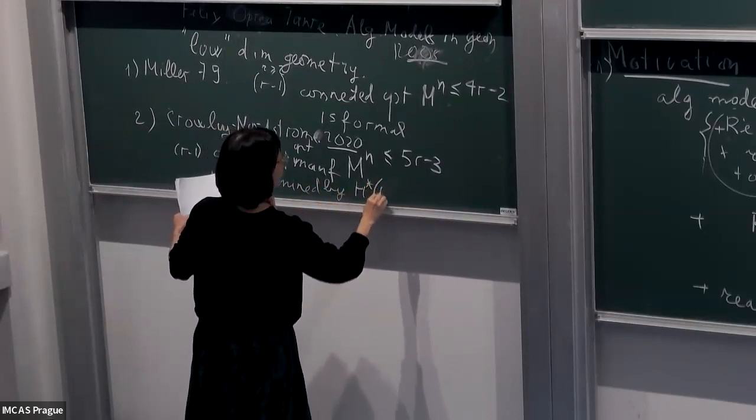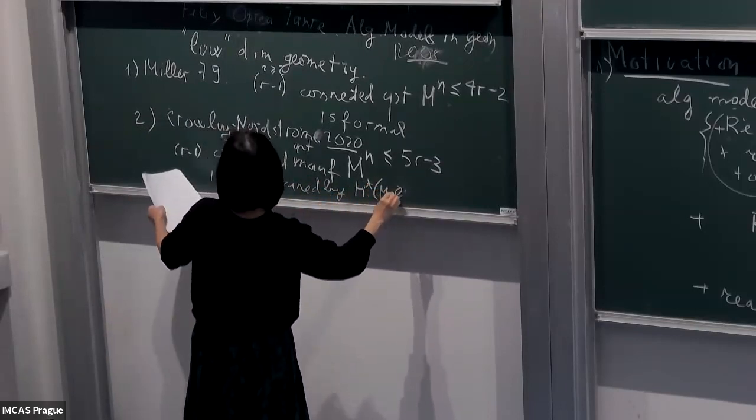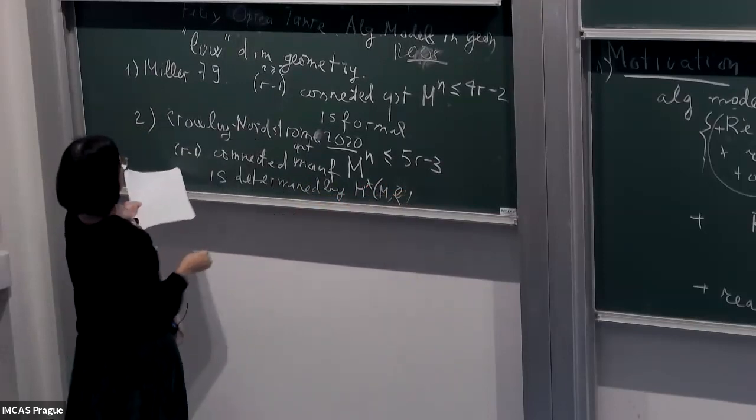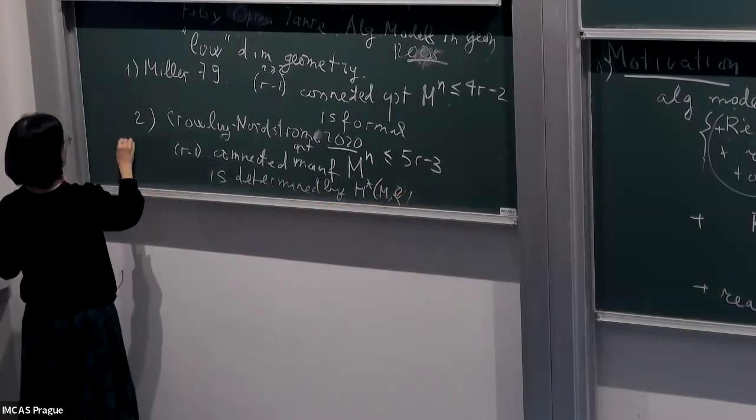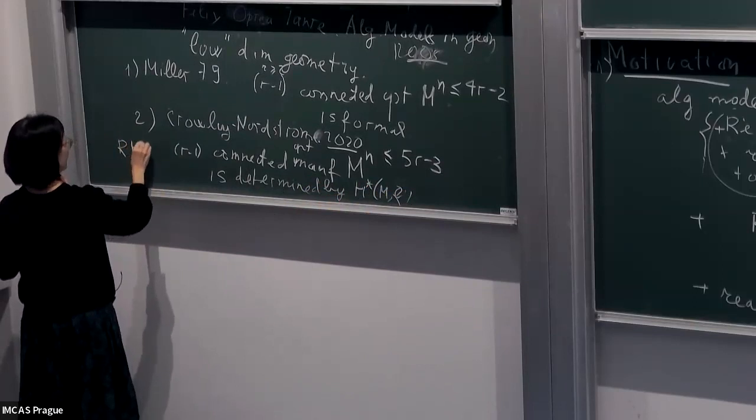It's with rational coefficients, because he says that what is a rational homotopy class,